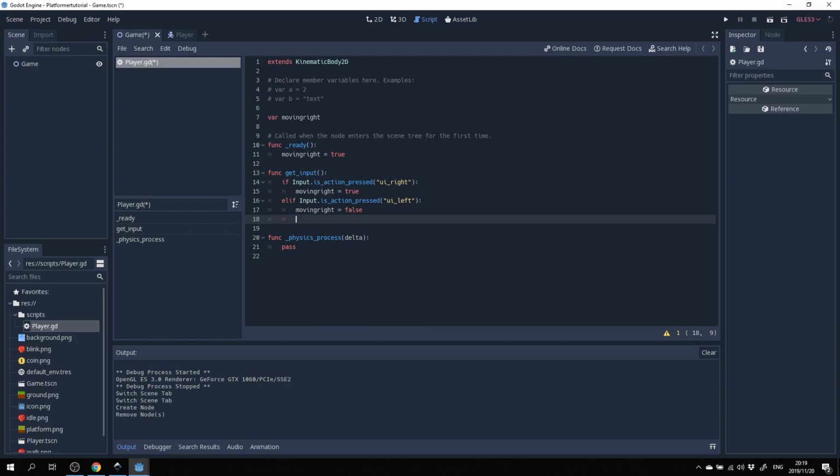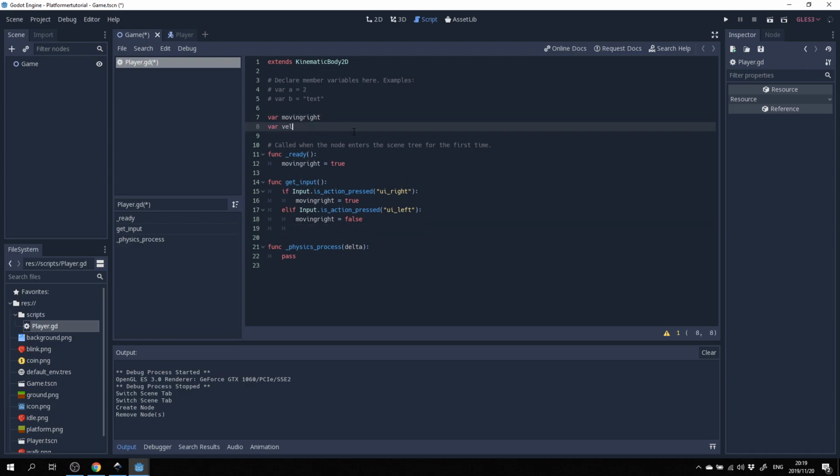What we next need to do is actually apply some velocity and changes to our player. In order to do that, we're going to start off by creating a velocity variable. We're going to set that to a Vector2 because we're going in 2D space. I'll initially just have it as Vector2, and then we're going to be manipulating this based on a speed that we are walking.